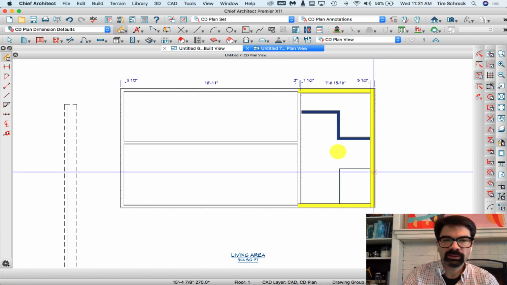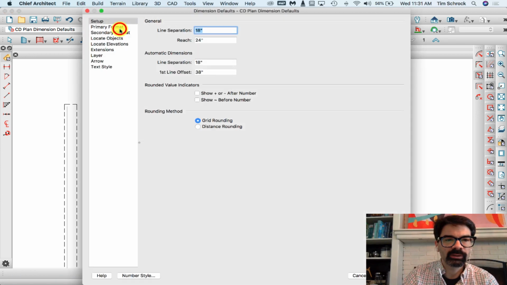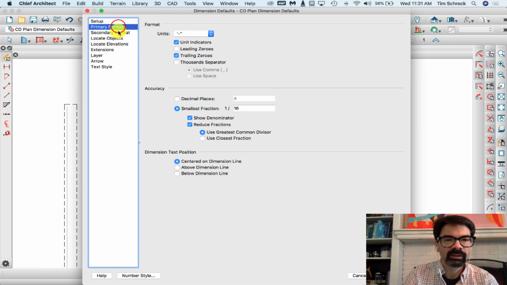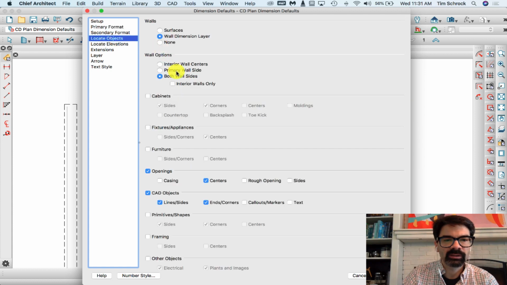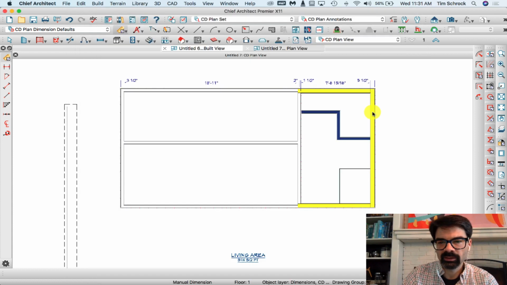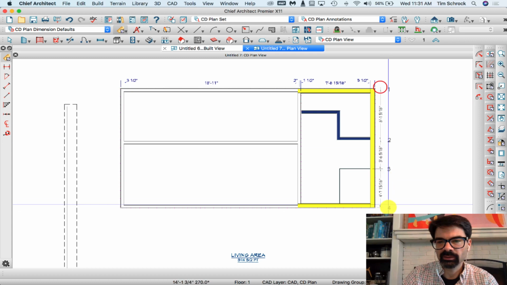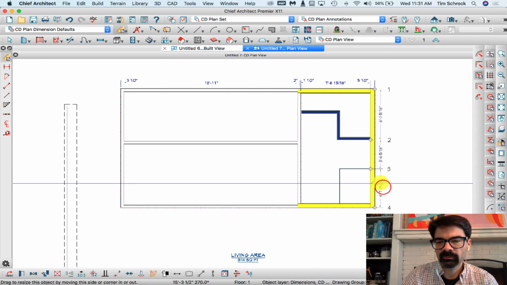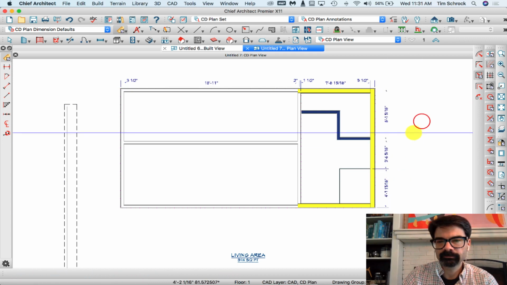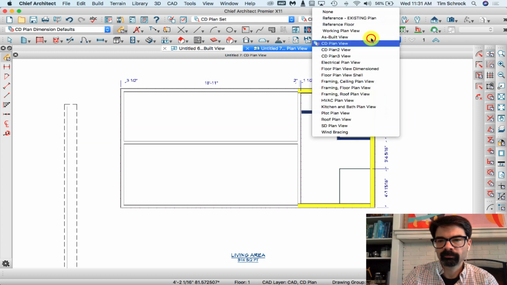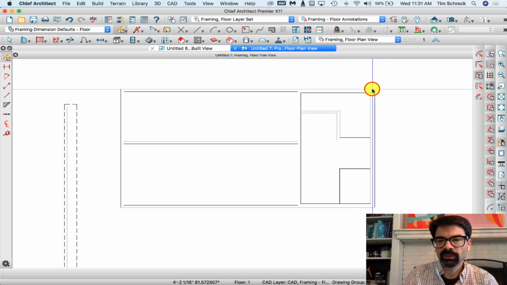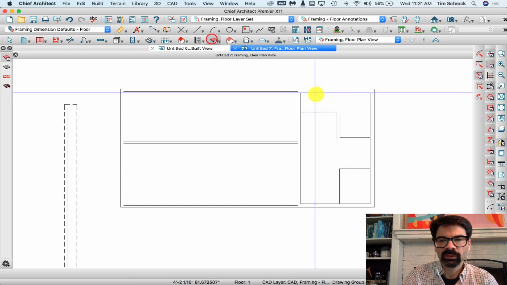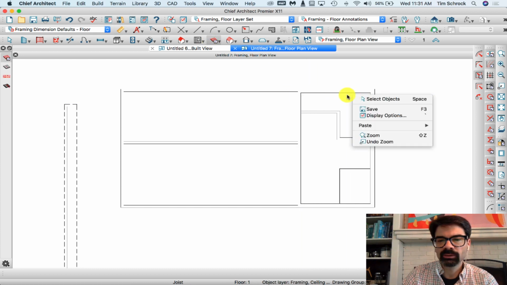Now with this dimension, CD plan set, I might want to go back and locate objects, primary wall side, start off with, like so. From here I can create a floor plan view and draw my